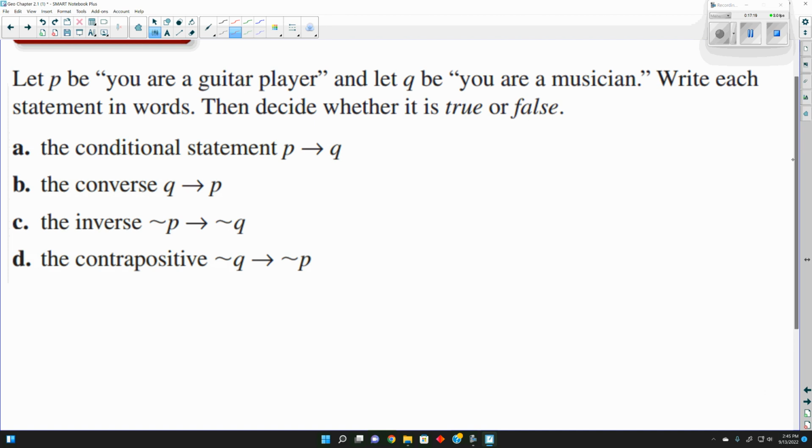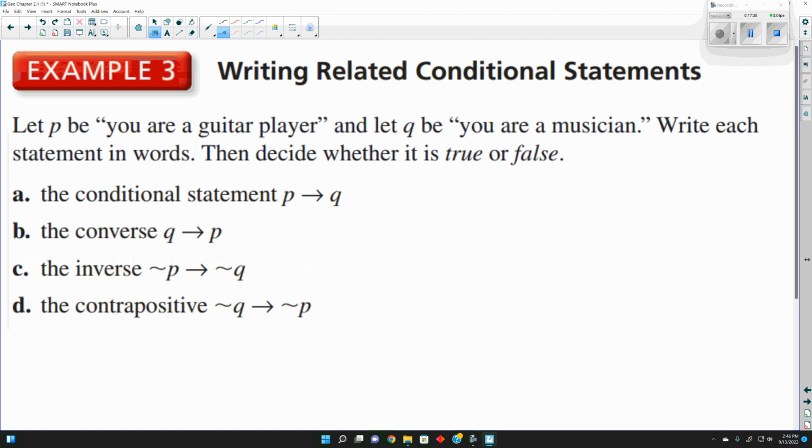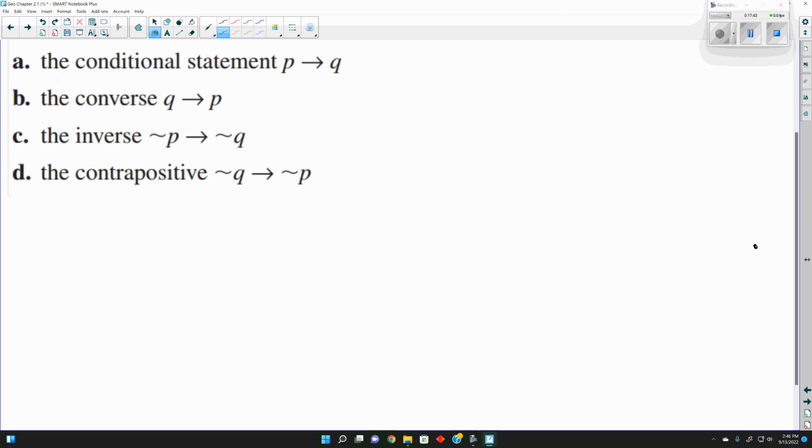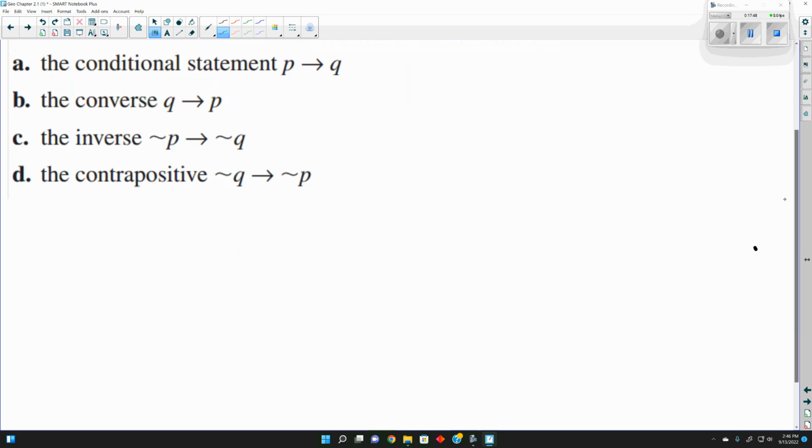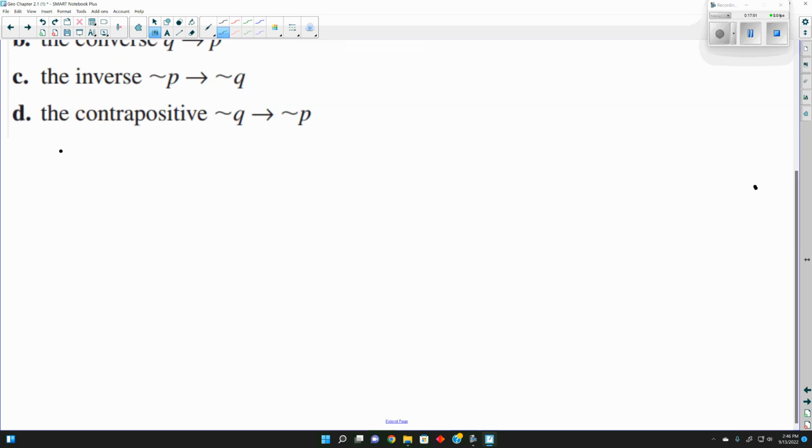Now, a lot of words there, but we're going to write this out because we're going to see one of these worked out here. So, let P be you are a guitar player, and let Q be you are a musician. We're going to write these out and determine whether they're true or false. So P is you are a guitar player, yes? So our conditional statement, our first one, if you are a guitar player,